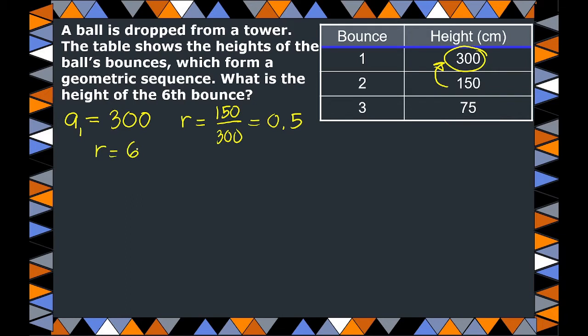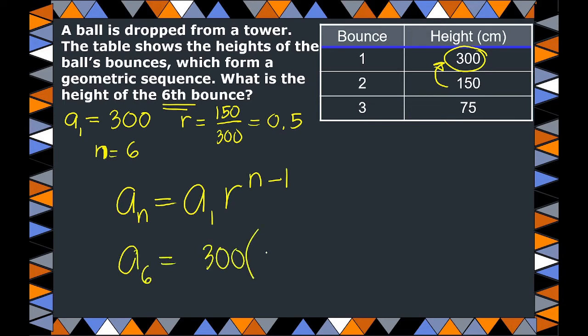Now, here's the problem. Is this a sequence problem or a series problem? Look at the question. What is the height of the 6th bounce? Okay, this is a sequence problem. And this will be the formula for the geometric sequence. Substituting everything to your formula, this is n. Take note, that's n. Sorry. A sub 6, the 6th term, 300 times 0.5 raised to 6 minus 1. Take note, this is equal to 5. So 0.5 raised to 5. Multiply that to 300. You will be getting